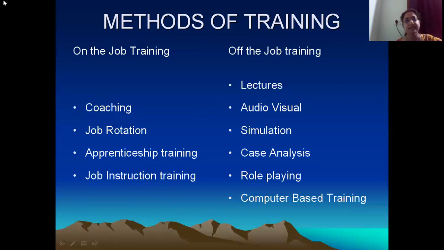Apart from this, they will also be attending their regular classroom lectures and learning from that as well. So what they learn from classroom lectures, they are trying to understand how it is actually working on the job. And this concept of apprenticeship training may take anywhere between 2 years to 5 years as well.